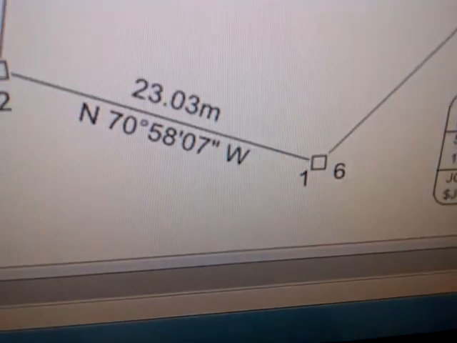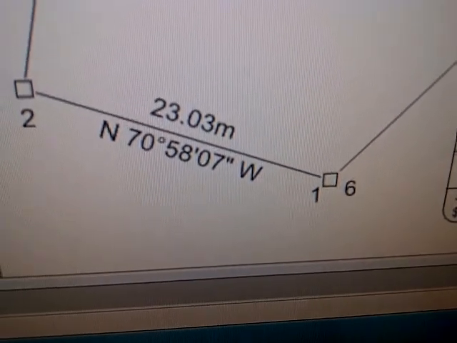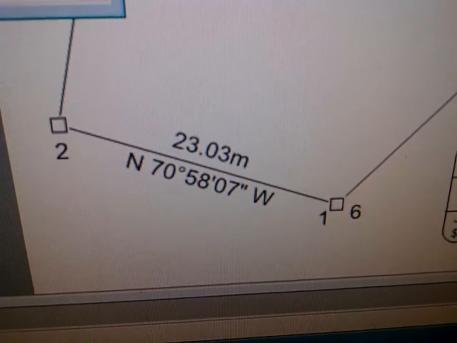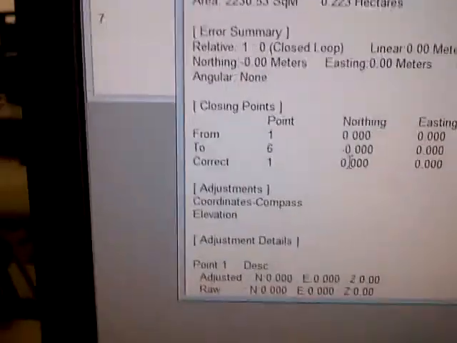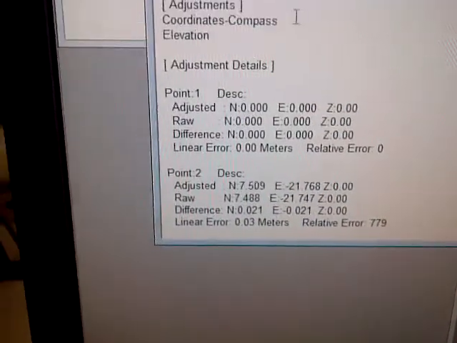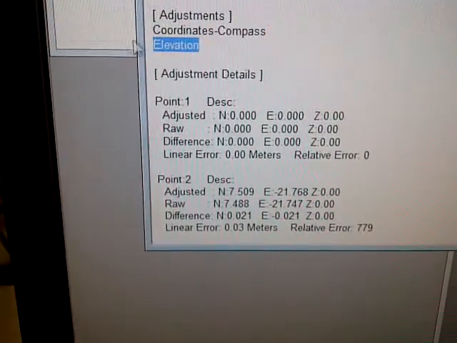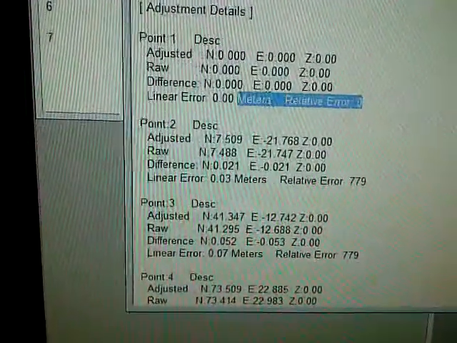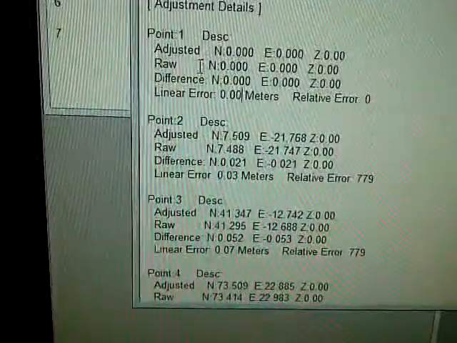The first thing you're going to notice is that I'm having one single point. My points 1 and 6 were overlapping. Now they're the same point. And then you're going to see here, it tells me what kind of adjustments it made. Here it says it did the coordinates, compass, and the elevation. That's what it did. And it tells you here the linear error, the relative error,